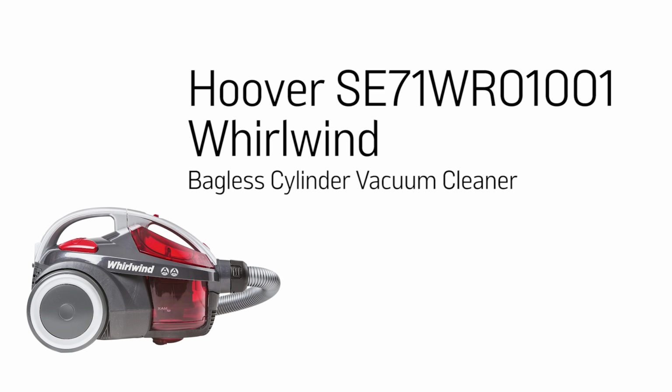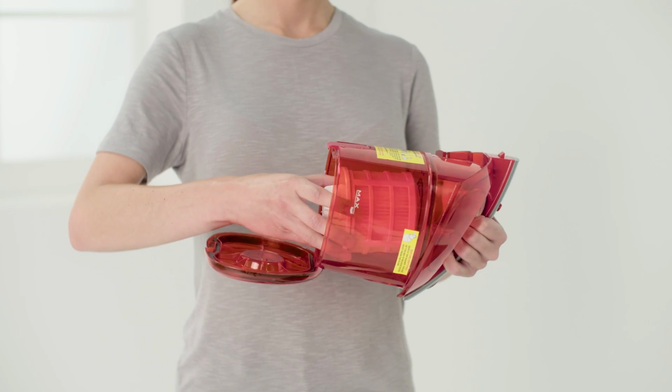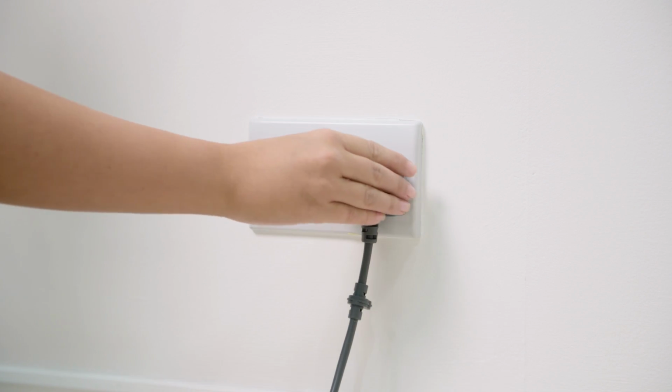This Argos Support video will demonstrate how to remove, clean and refit your Hoover vacuum cleaner's filters to ensure your product runs efficiently. Not cleaning the filter regularly is often the cause of problems with your machine. Firstly, ensure the product is unplugged